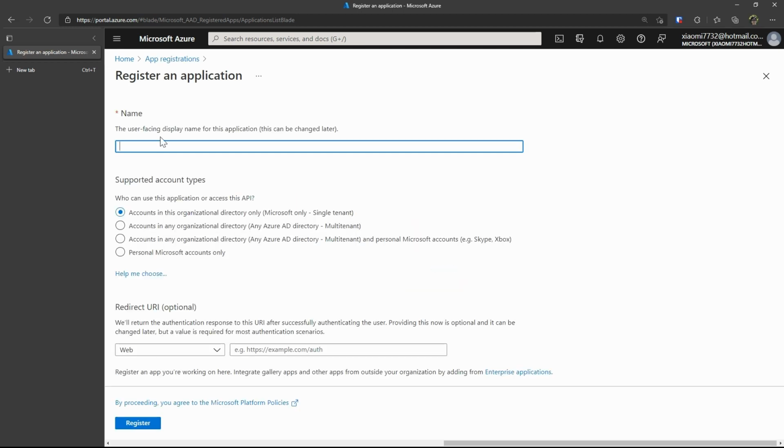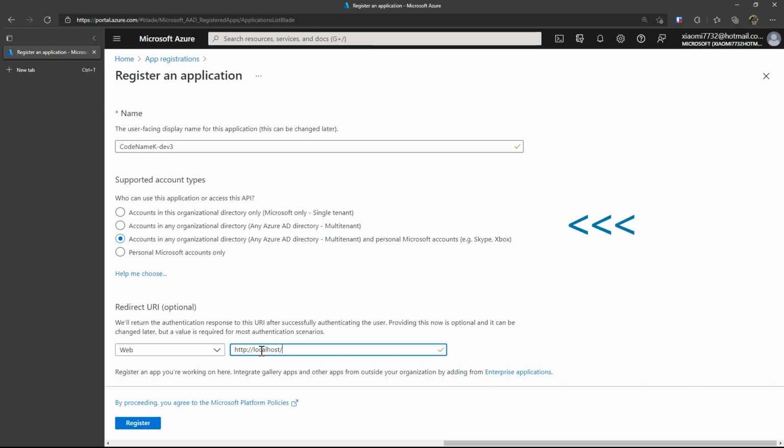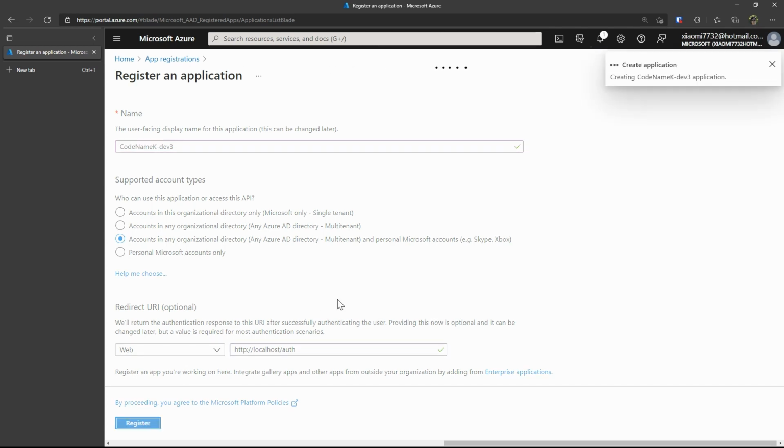For an application, we're going to fill in the display name, the supported account types, as well as the redirect URI. The name will be displayed to the end user, so it's probably a good idea to pick a descriptive name. For supported account types, I'm picking the one that supports organizational users as well as personal users. Now, the redirect URI, although it is optional, I'm going to fill in a localhost address, and I'll explain why soon. Click the register button, and